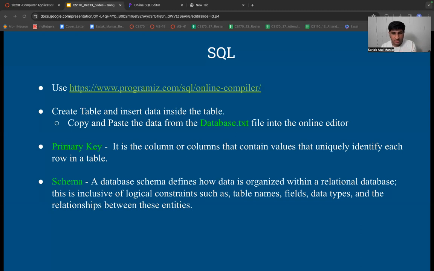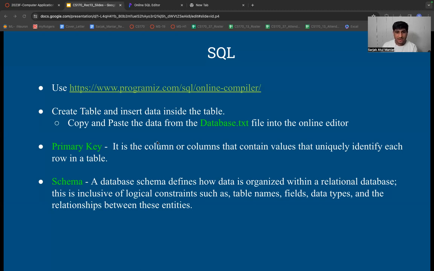If you want to perform different kinds of operations with respect to your data, which is stored in the database, for that you have SQL, right? So don't worry, this was just a high-level simple definition to give you an overview of what SQL is and what its purpose is, right?